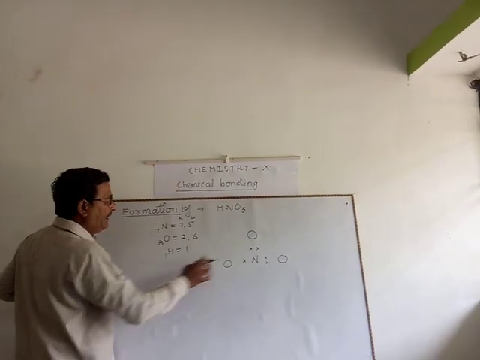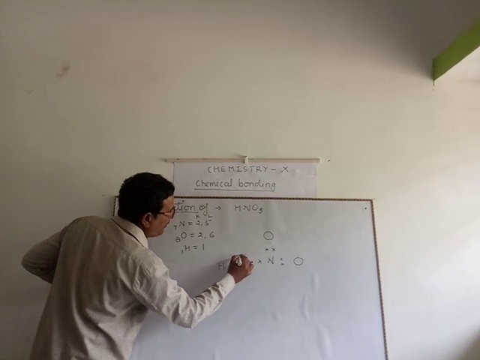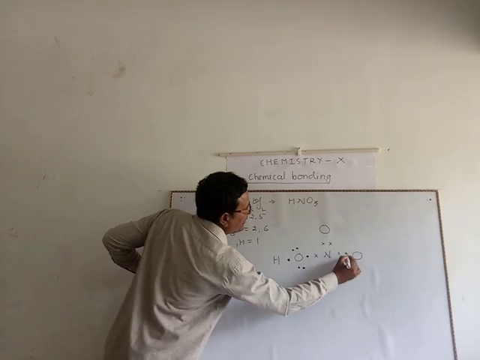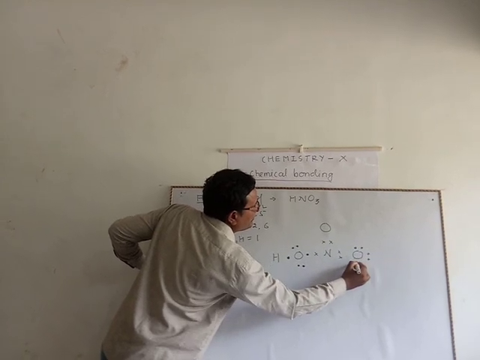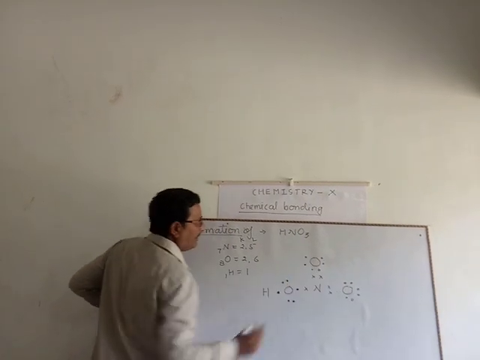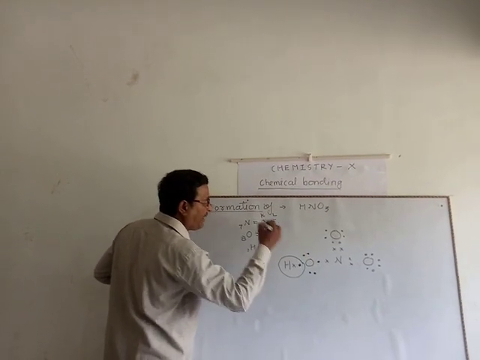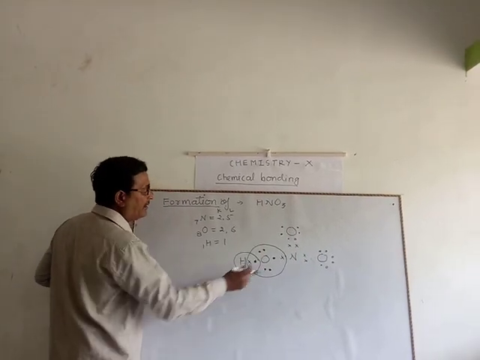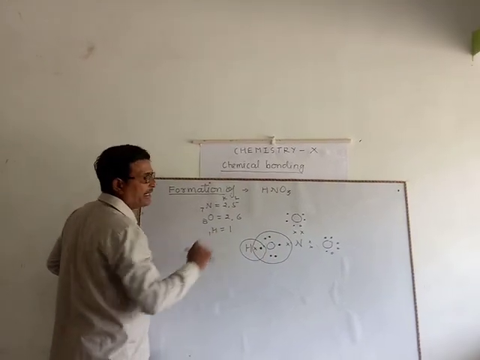1 hydrogen atom. Now oxygen has 6 electrons in its valence shell. See, the dots represent the electrons of oxygen, 6 electrons in the valence shell. This oxygen also has 6 electrons in its valence shell. Now see, hydrogen has 1 electron; by mutual sharing of electrons, the duplet of hydrogen is completed and the octet of this oxygen is also completed. See, oxygen has 8 electrons: 1, 2, 3, 4, 5, 6, 7, 8.